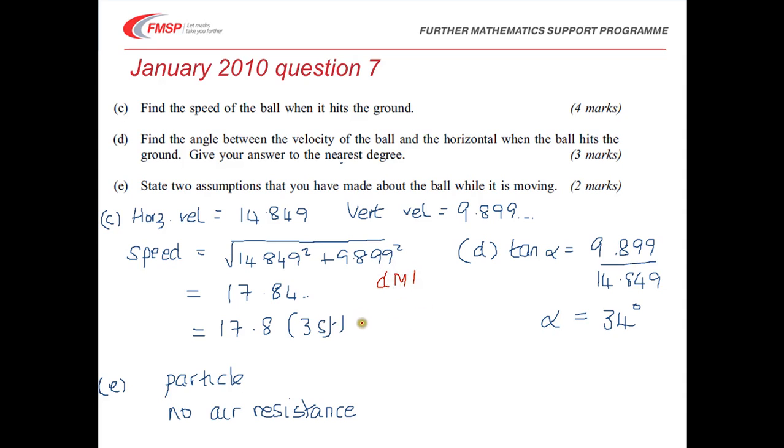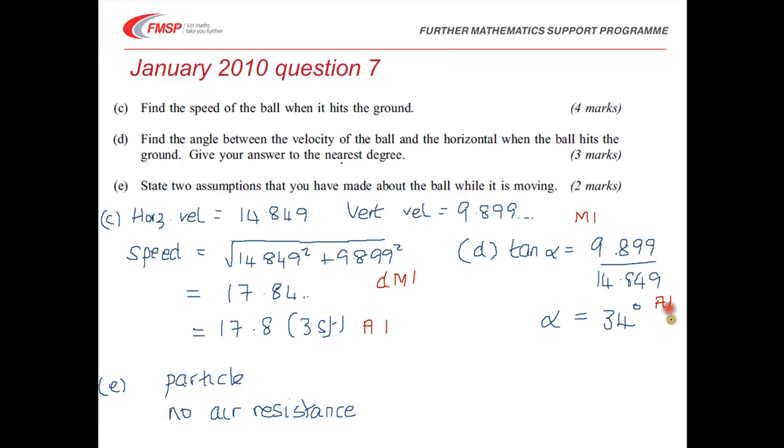And then there was an accuracy mark for getting 17.8. And the last little bit, a method mark for your using tan, or correct trig function. That was a method mark, and then you got an accuracy mark for getting anything that rounded to 34 degrees,